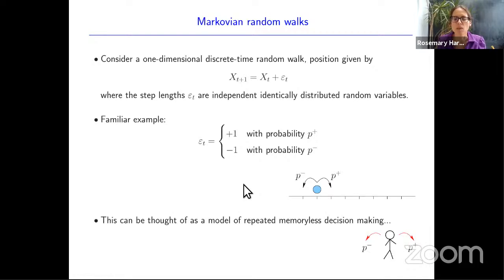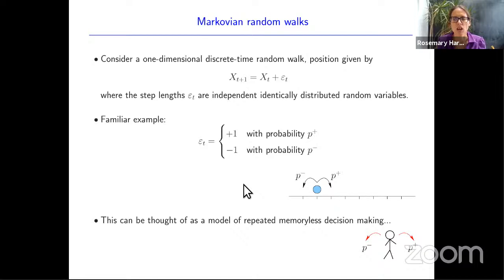If you imagine somebody repeatedly making a decision with no memory of what they did before and just making the decision randomly, so tossing a biased coin, they perhaps have some vague idea that one of the choices, let's say to move to the right, is better than the other, so they're more likely to take that, but they're just making a random decision at every time step. That, of course, is not how we make decisions, even early in the morning. And Markovian random walks are not really what we're interested in in statistical physics.